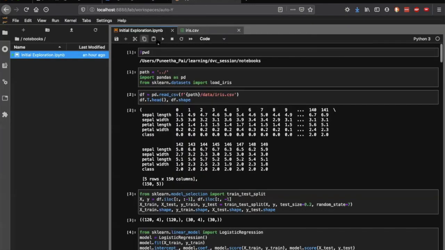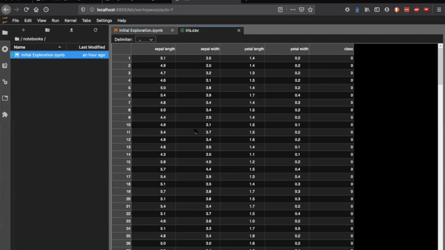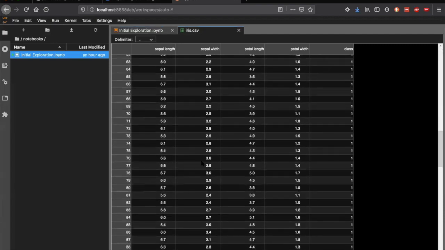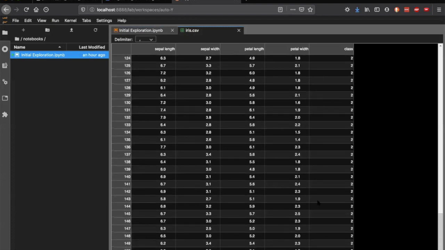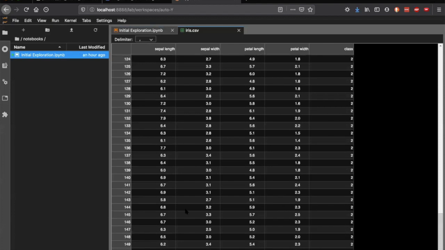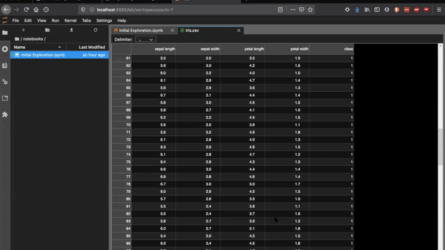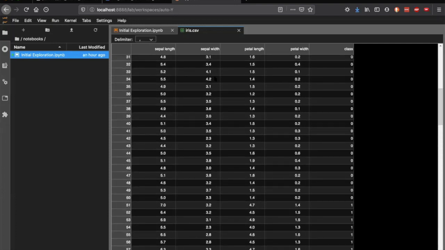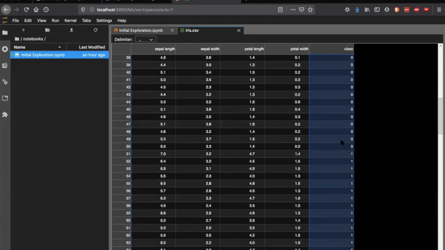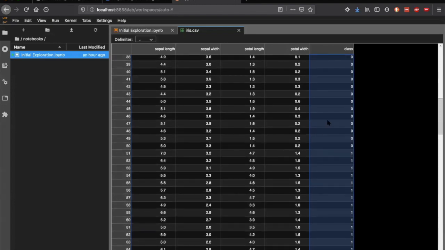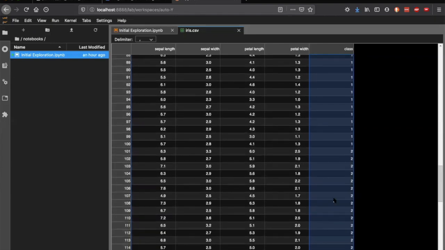So to get an overview of what you end up doing, this is the data set, which is pretty small, but for demo purposes I kept it this much only. You can see that there are 150 rows of data and 4 features, and this is the final class you want to predict based on these 4 feature values. The classes are 0, 1, and 2. So it's a multi-class classification problem.